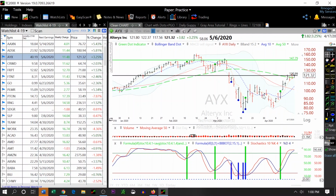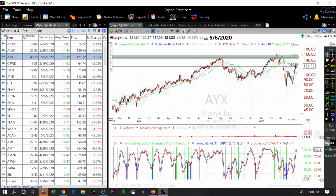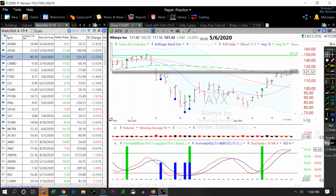Next up, looking at AYX, it also has a former green line right here that was actually resistance, but now that it's knocked down with the overall market, it's kind of far from that level. So you could potentially enter right here. If it breaks above this kind of intermediate area of resistance, you can see the gap down here. So there's a lot of potential supply right at this point. So if it breaks through that supply on above average volume, it could really take off and probably challenge this